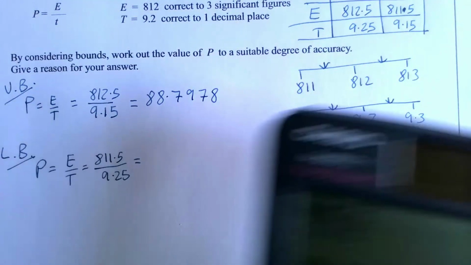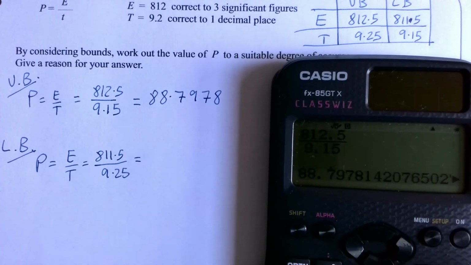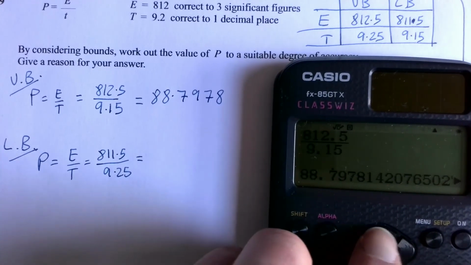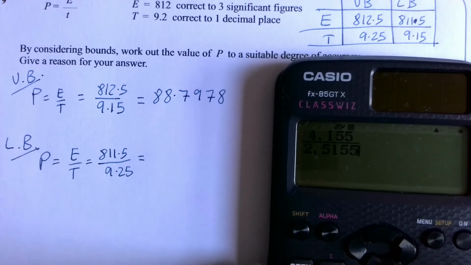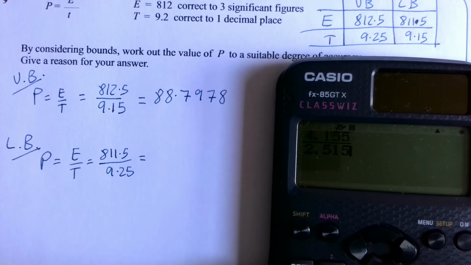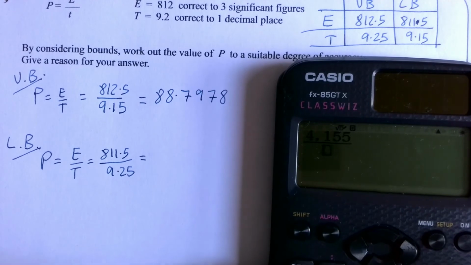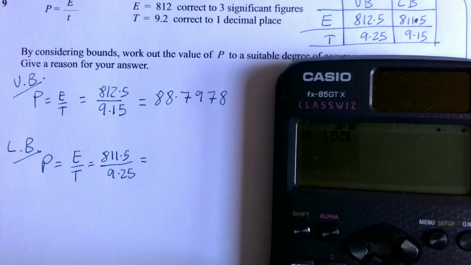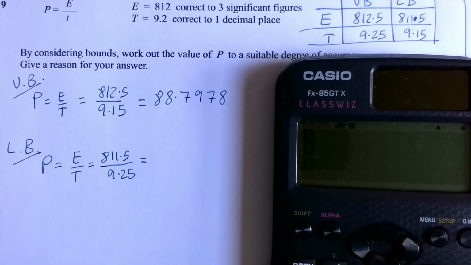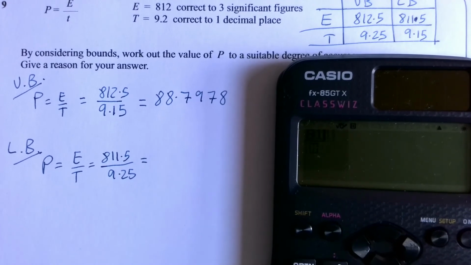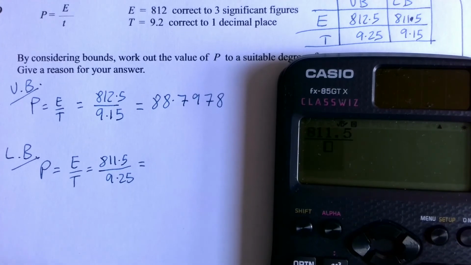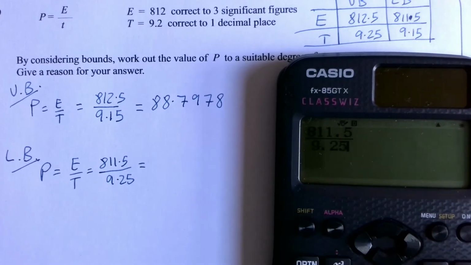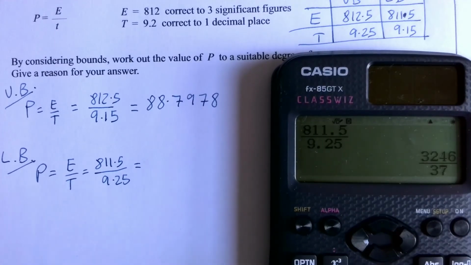88.7978. I'll write down that many for now. On the next one, if I'm feeling lazy, I think I can just go back into here and, that's not helping, is it? I'll just get rid of it. 811.5 over 9.25 gives us